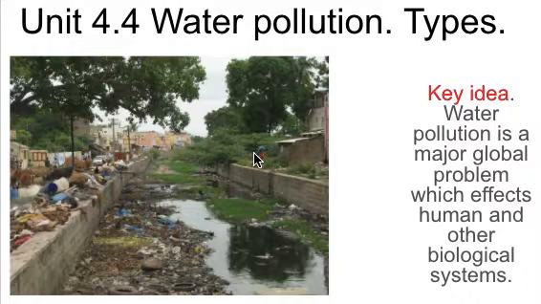In addition to that, we will start thinking about, in a bit more detail, sustainability and those different stakeholders. In particular, solving the water pollution problem. As you will find out, water pollution is a significant problem. A key idea here, as you can see, is water pollution is a major problem which affects human and other biological systems. So when thinking about solving a problem, we've got to think in a balanced way,